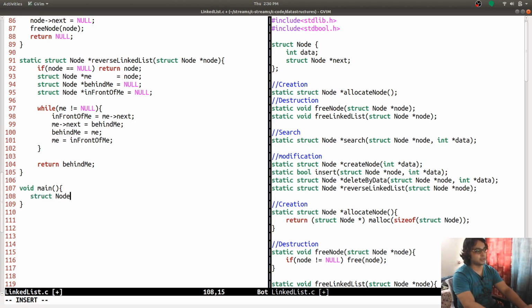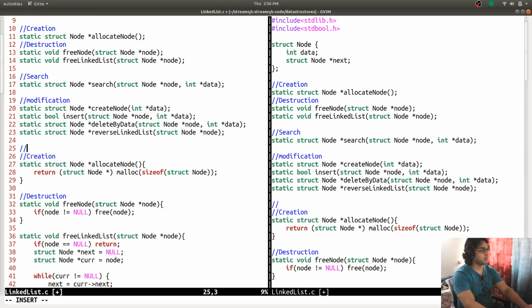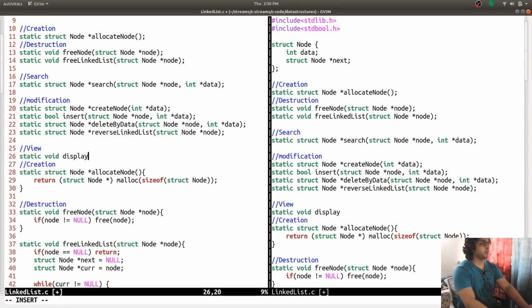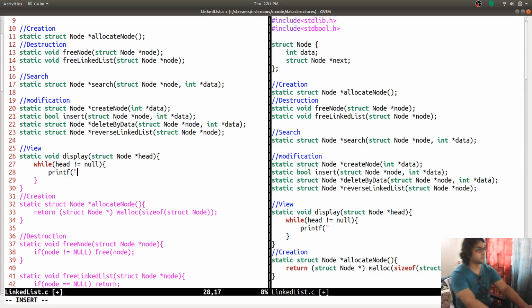The struct node is this star, and I forgot to create a function which is just going to display, say view, static void display, struct, percent d, and head data.